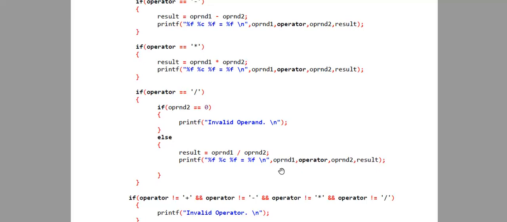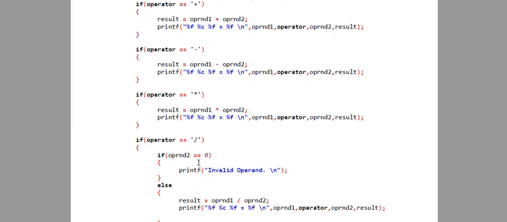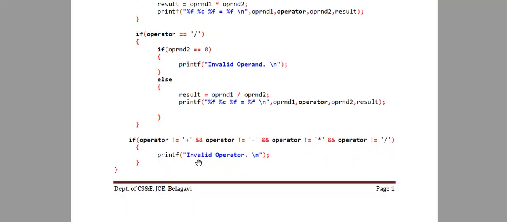Let's say the given operator is not equal to any of these: the user has not given plus, minus, multiplication or division. This is the last if statement. If the operator is not equal to plus, not equal to minus, not equal to asterisk or multiplication, and not equal to forward slash or division, that means the user has given an invalid operator. For example, the user has given a dollar sign.